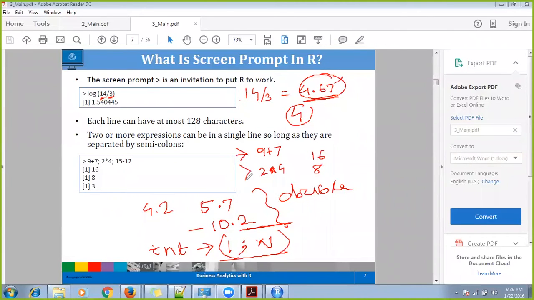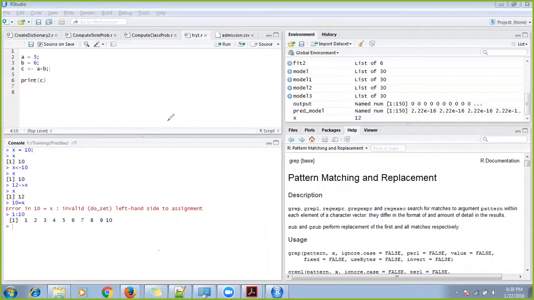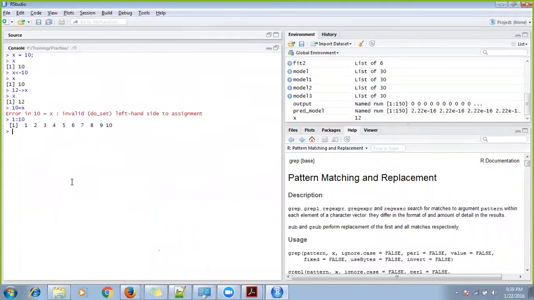So let's say this is your prompt. You have a prompt like this, right? So I'm writing here. If you can see my screen, yeah. Let me just maximize it. What I'm writing is, let's say 7 plus 9, so it gives me 16. Let's say 3 star 4. Let's say these are the two instructions, 16 and 12, right?